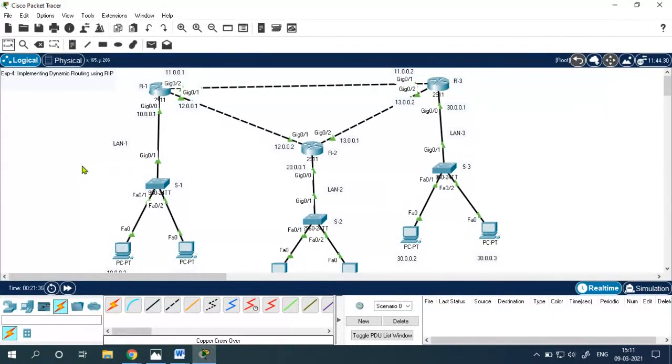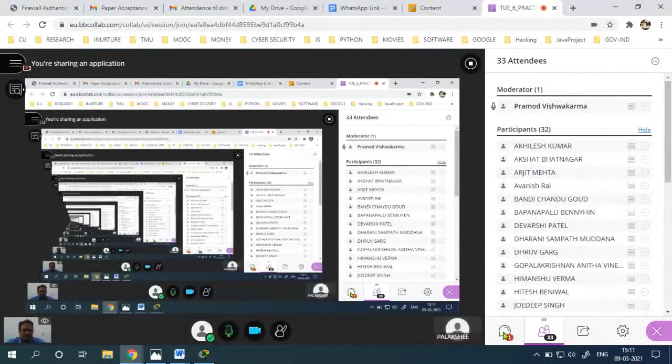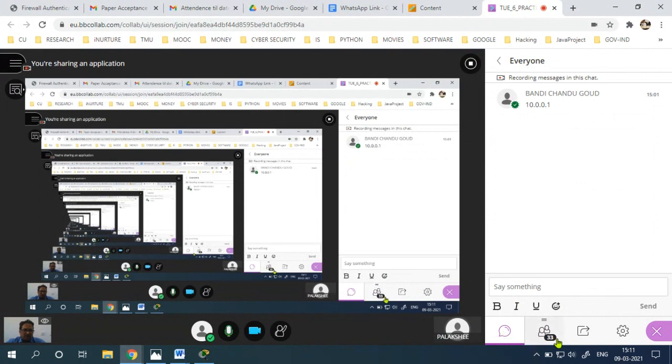Now I have to maintain the routing information. I have to configure either static or dynamic. So I'm asking, can I send a packet from one network to another? You can reply quickly, either yes or no. Now, is it possible, class, to send a packet?